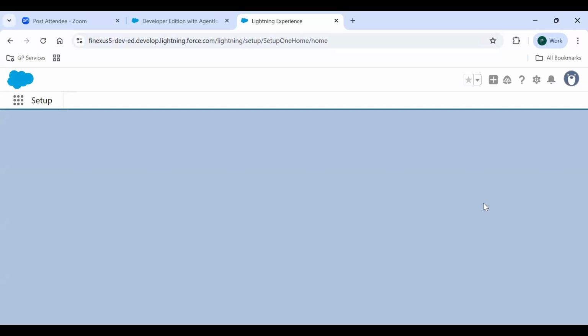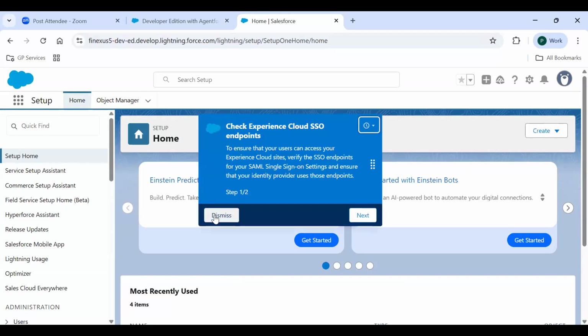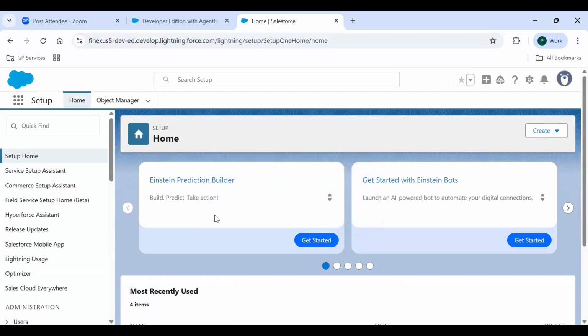Does anybody need help? Okay, I am taking it as no, everyone has successfully created it. So you guys are able to see my Salesforce developer account on the screen.